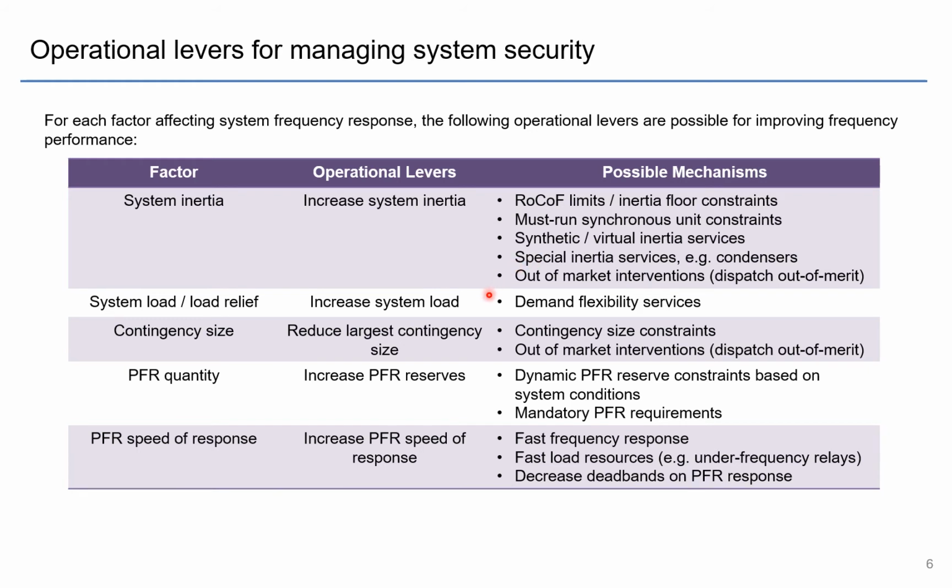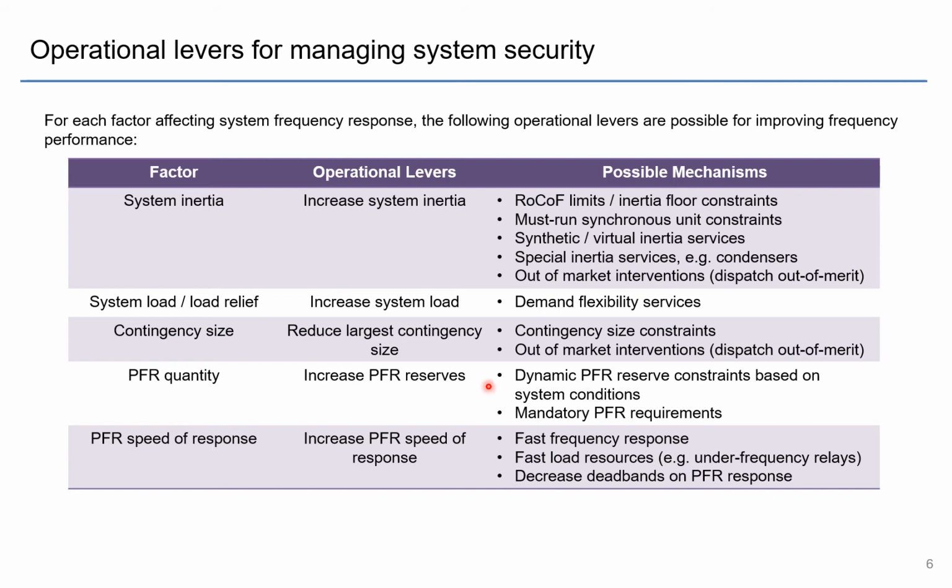In terms of system load and load relief, it's hard to really increase load relief operationally, but we can always just try and increase system load. So we can try and invoke some demand flexibility services. We'll talk a little bit about some of those later on. And in terms of the contingency size, we want to decrease the contingency size. So we could possibly invoke contingency size constraints or start doing out-of-market interventions, so reducing the largest contingency out of merit. And in terms of the PFR, we can increase the PFR reserves as an operational lever, and to do so,